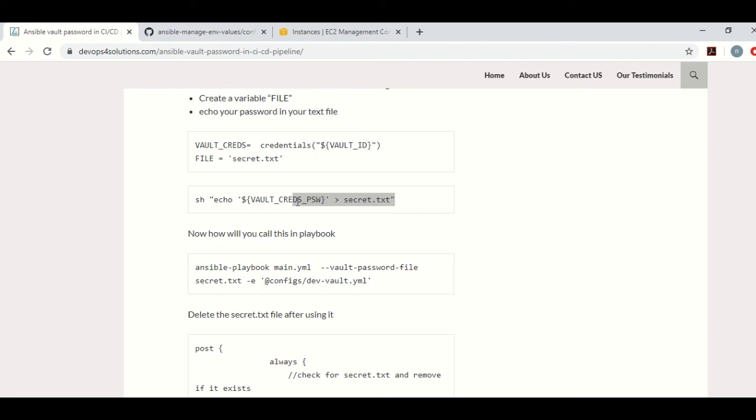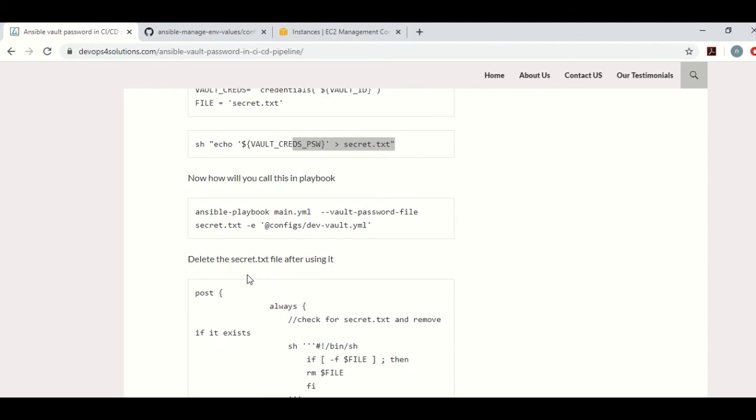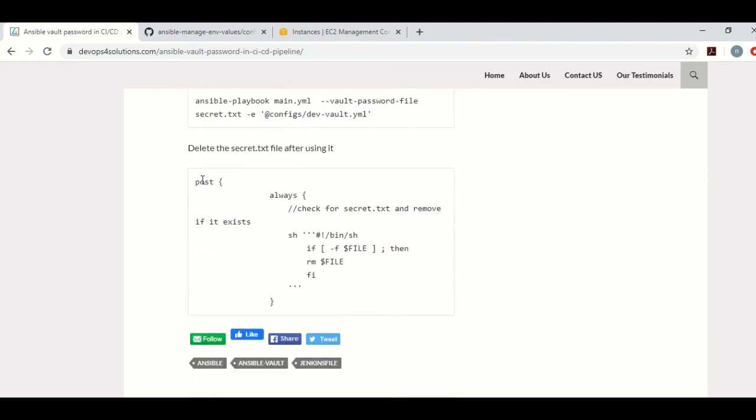Now the requirement again: because secret.txt is getting created at some place on your build servers wherever your Jenkins job is running, and we do not want to store it anywhere, we have to delete that secret.txt file after using it. So in your Jenkinsfile, you can use post always, which will always execute irrespective of build failure, and it will check if this file exists, then it will automatically remove it. In this way, you have used the file, but you are making sure that the file also gets deleted after the execution of the Jenkins job is completed.